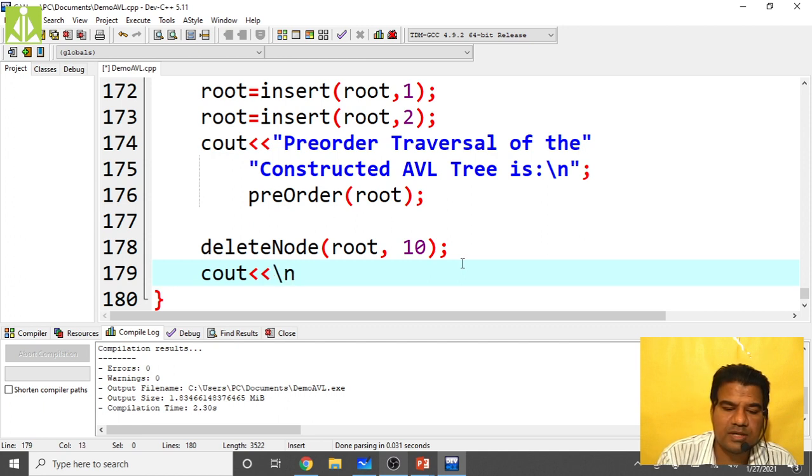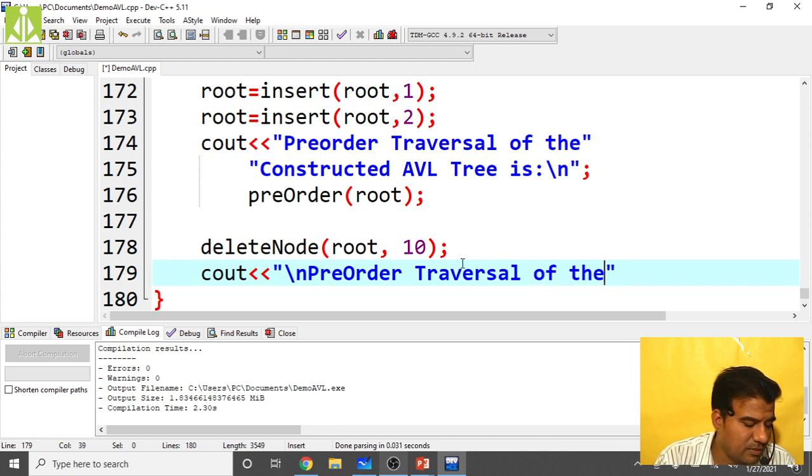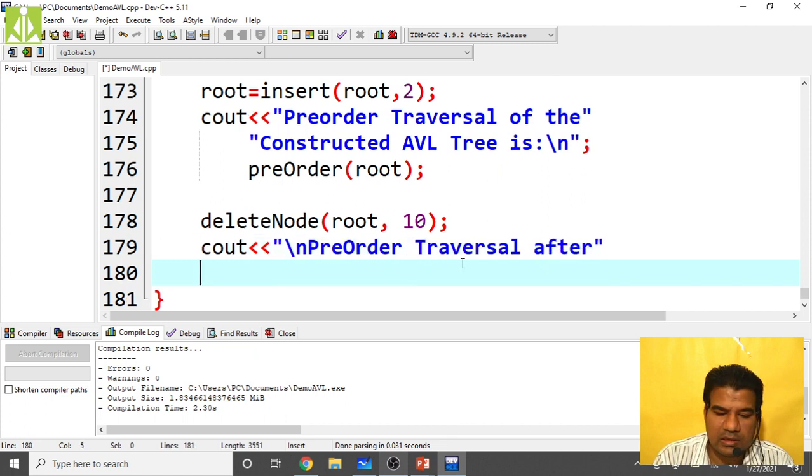We are performing the same traversal again. Pre-order traversal after deletion of 10.